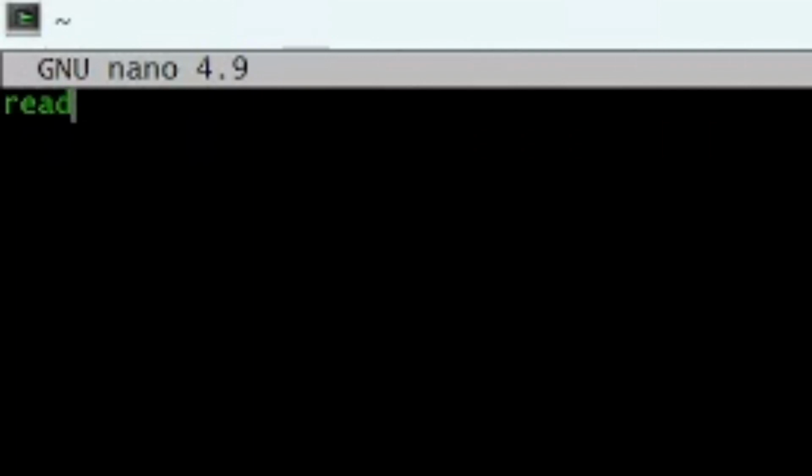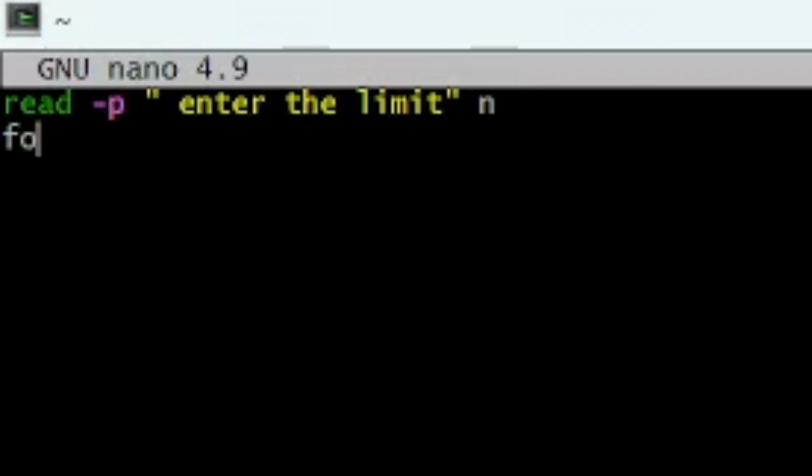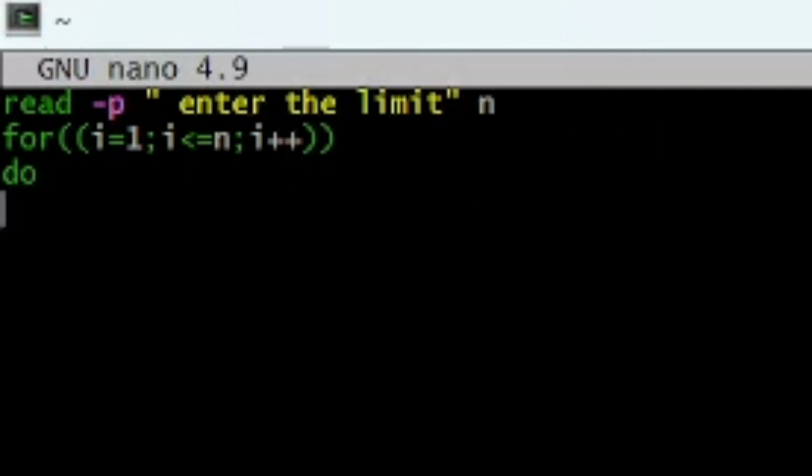Read hyphen p, enter the number, then for loop, that is for i, i, do